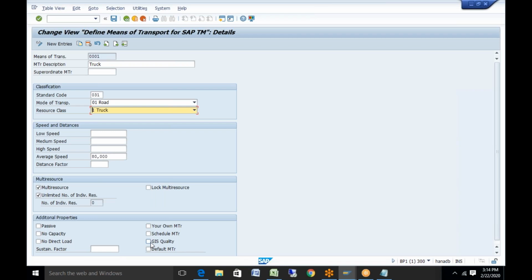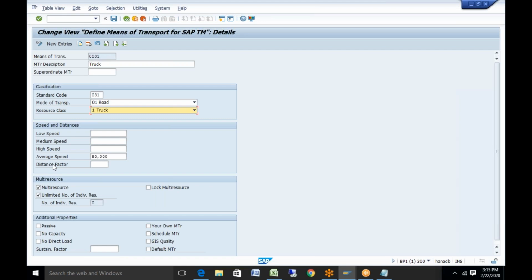In that case, the duration will be calculated based on the speed. Okay. So in case you are not using GIS, no need to maintain speed. If you are using GIS, then the speed needs to be maintained here. So if you are using GIS, both the speed and the distance factors are to be used.